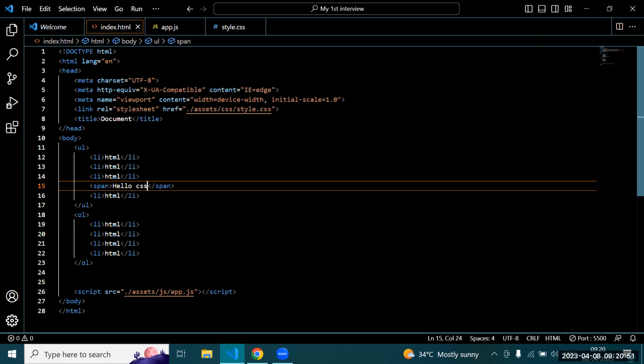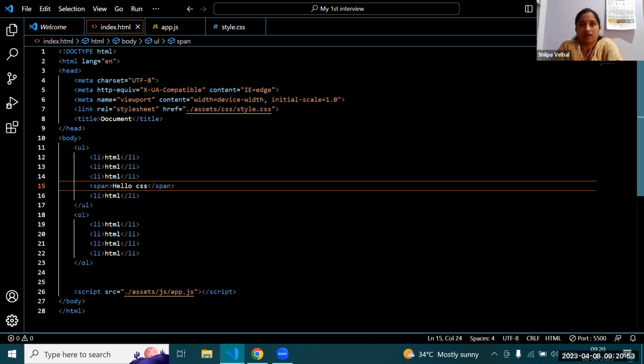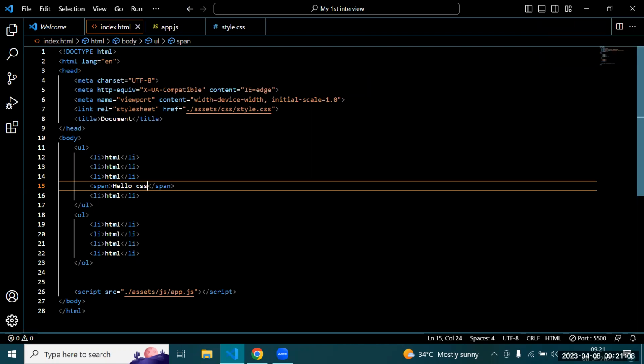And what is float? Float is also a CSS property. We can use float for formatting or positioning the elements. Can you give me one example of float?